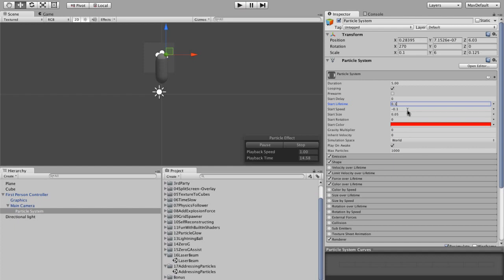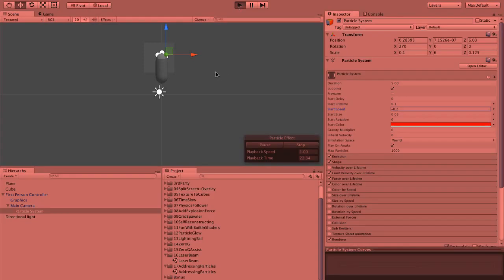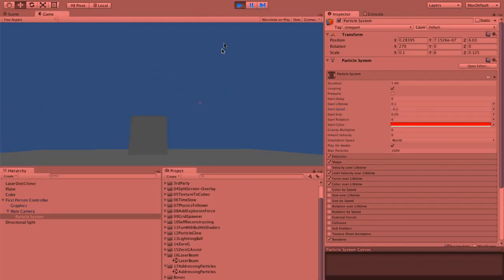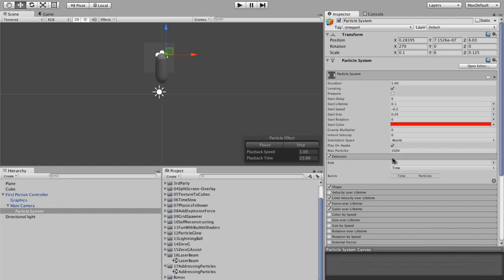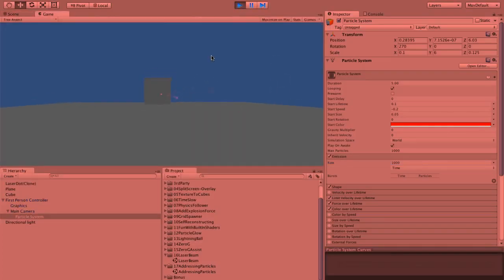bringing the velocity up a bit, just because you need them to be moving faster so that they actually make the illusion here. And if you do something like that, you're also going to have to really raise the particle emission, we'll put it to like 1,000. You get something that